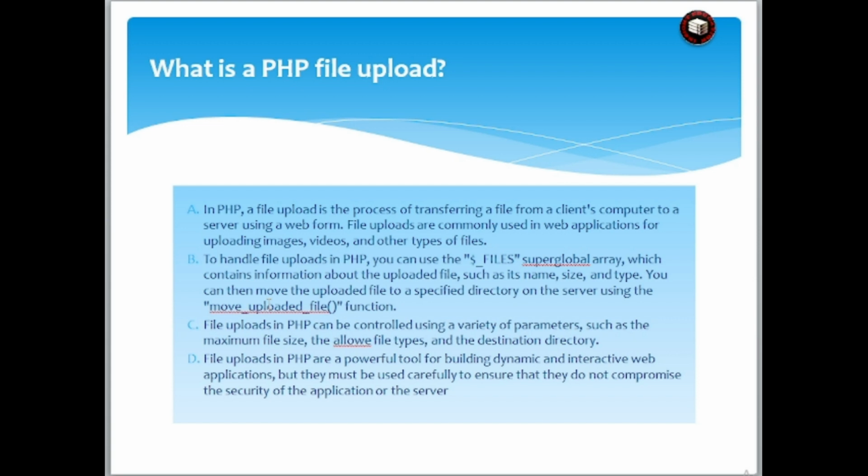To handle file uploads in PHP, you can use the $_FILES superglobal array, which contains information about the uploaded files, such as its name, size, and type. You can then move the uploaded file to a specified directory on the server using the move_uploaded_file function. File uploads in PHP can be controlled using a variety of parameters such as the maximum file size, allowed file type, and destination